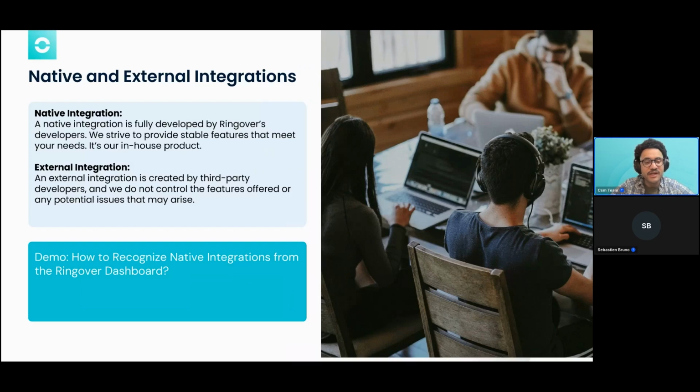Another important difference that we need to highlight here in this webinar is the difference between a native and an external integration. So a native integration is basically fully developed by Ringover's developers. So it was made in-house by our developers. So we have the full control of it. If there's a bug, if there's an issue, we can troubleshoot it and we can try to investigate what's wrong and try to fix it. On the other hand,